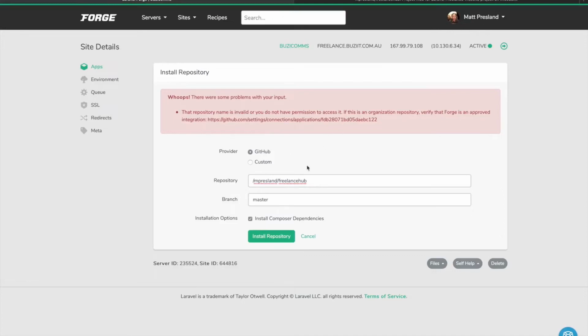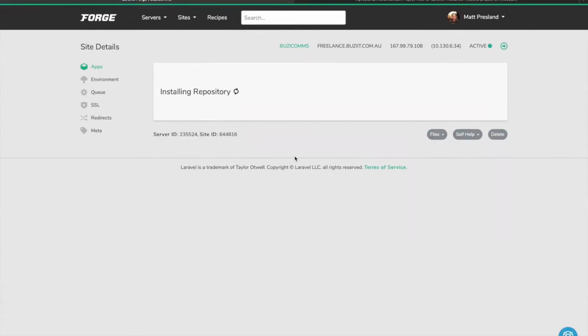Don't have permission to access it. I'm pretty sure I do. I wrote it. Freelance Hub. Okay, don't put the slash in front. So this is installing our repository. The other thing I've got to do is